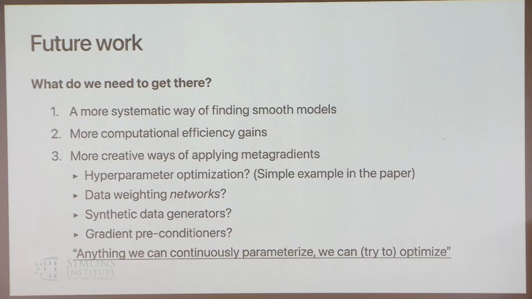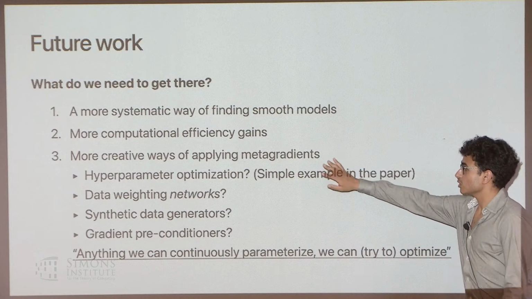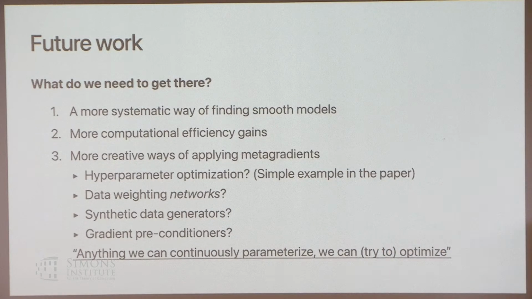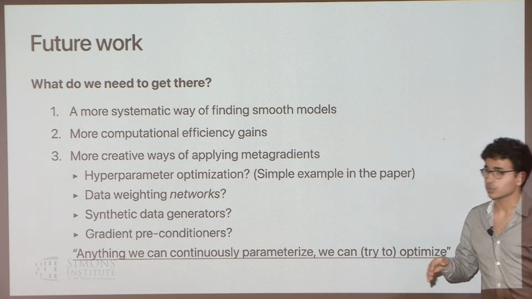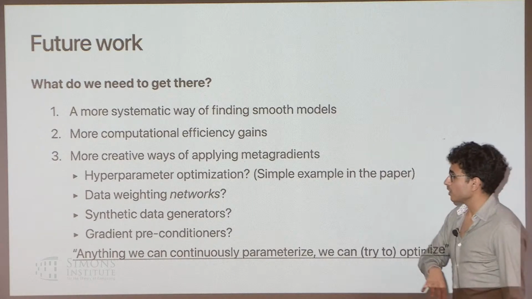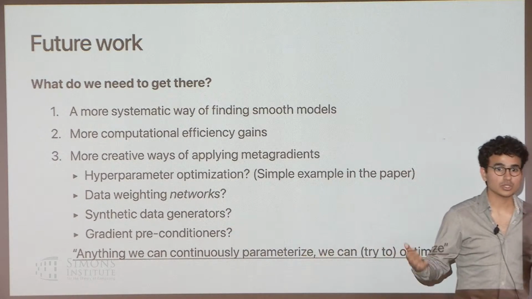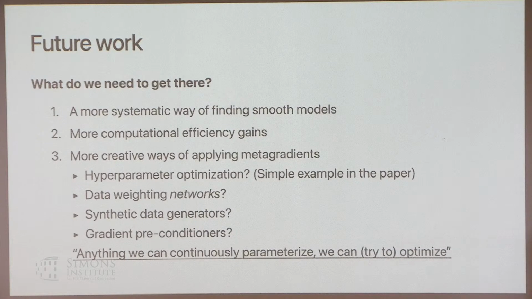And the final way, and the way that I'm maybe most excited about, is that I showed you the dumbest things you could optimize with gradients through the model training setup, right? You can optimize data weights, sure. You can optimize hyperparameters. We have some examples in the paper. But really, you should imagine that you can optimize any continuous thing that happens before you train your model. So if you have a synthetic data generator, and that data generator generates data that then gets fed into your model training that you then evaluate on, then you can do gradient descent on the parameters of that data generator.